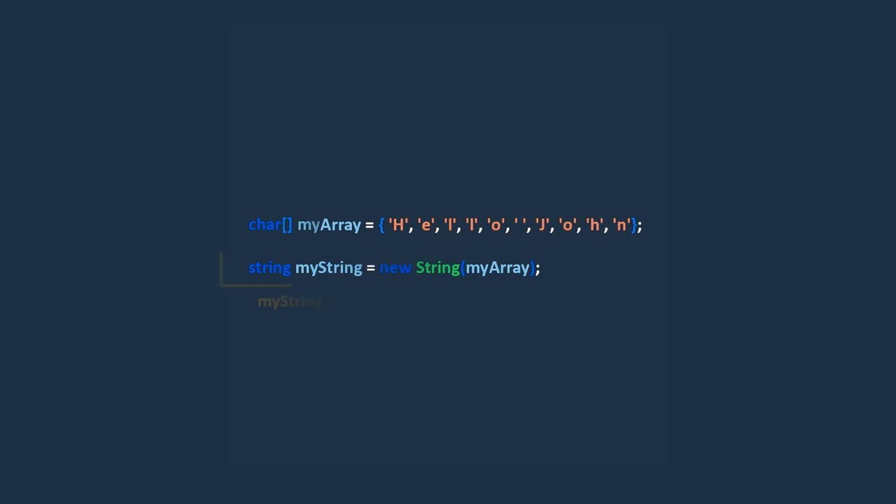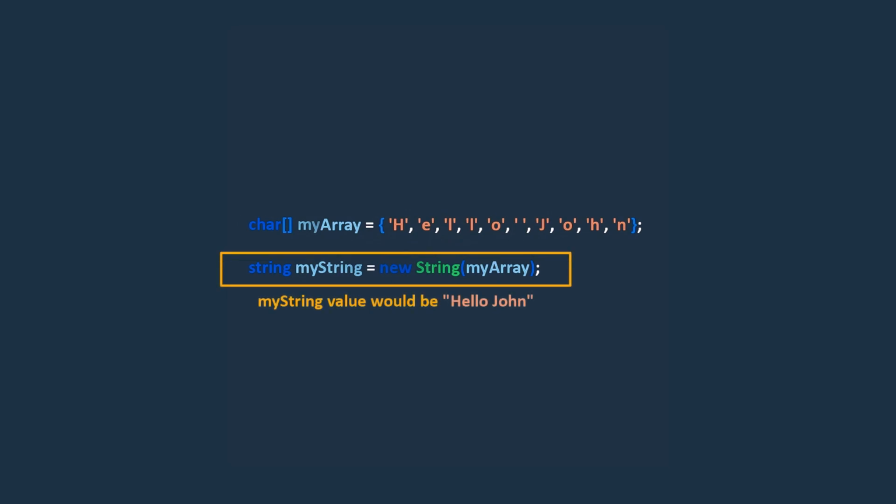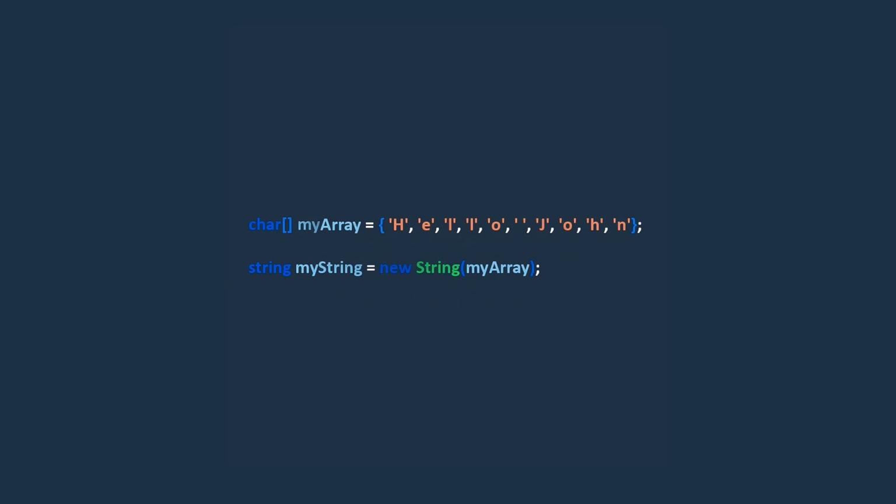This creates a new string object called myString that contains the same characters as the myArray variable, which is Hello John. Okay, we'll discuss arrays in more detail in a later section of the course. For now, all you need to understand is that an array is a collection of elements of the same type, and in C#, a string is essentially an array of char objects.